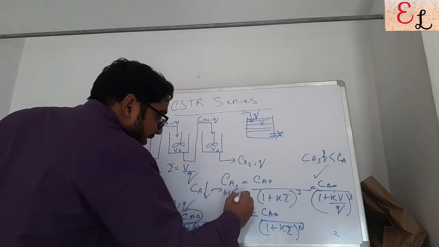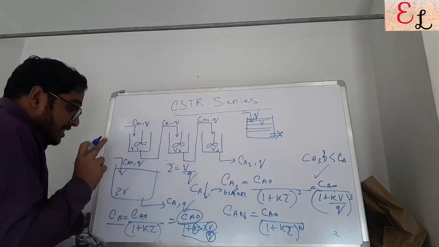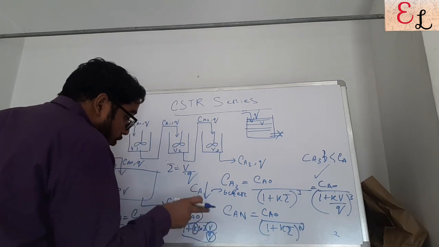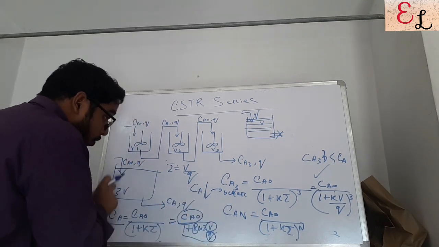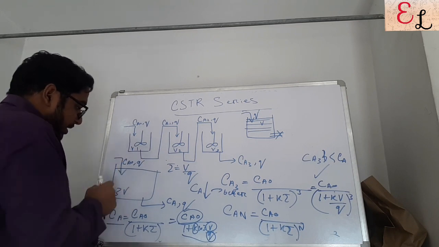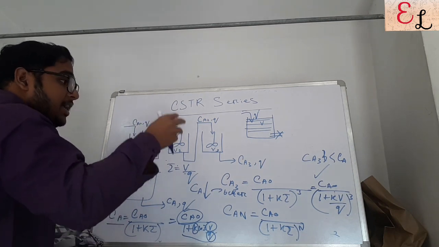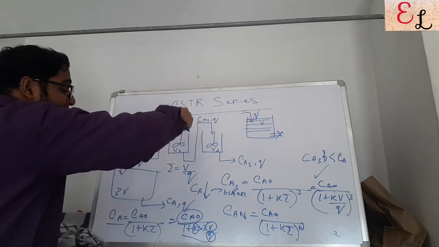Lesser the Ca, the better the conversion. So this Ca is going to be more in the case of a single reactor rather than dividing into 3 equal volumes of 5, 5, 5,